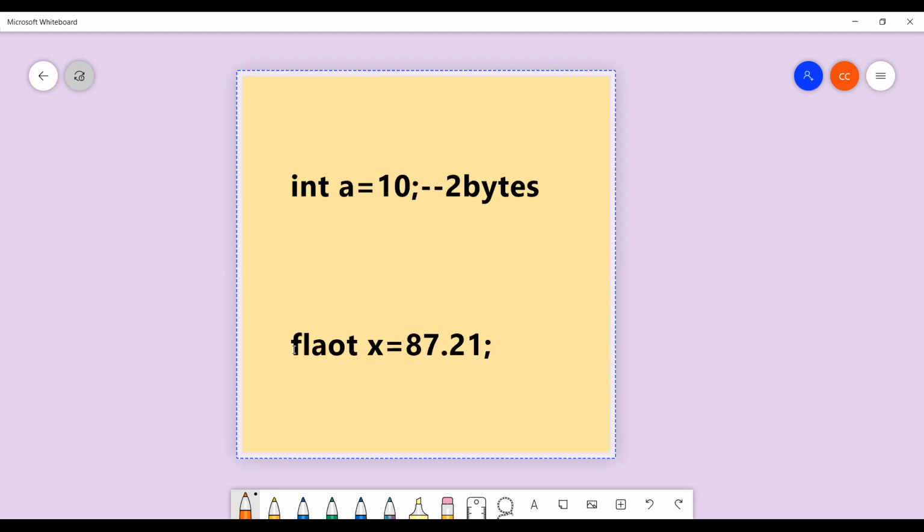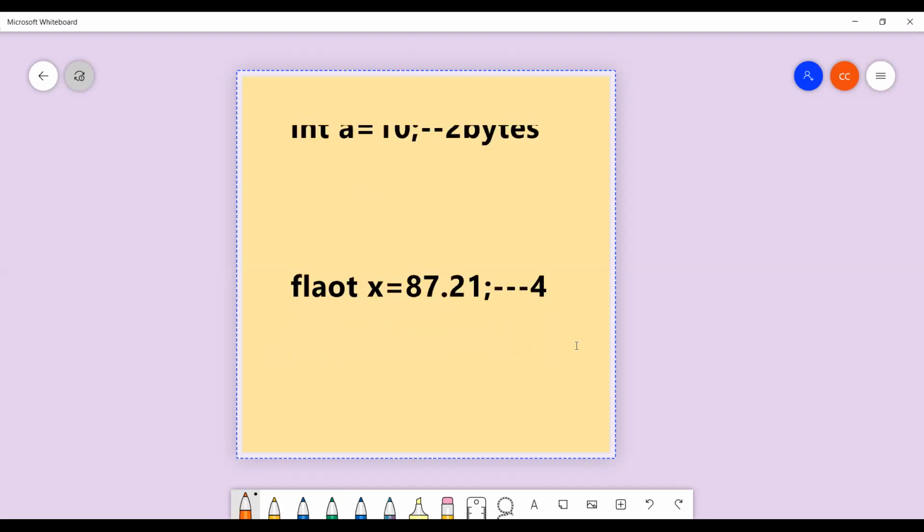Here float is a data type, x is a variable name, and x stores a value that is 87.21. x contains some address and some memory, that is 4 bytes. Based on the data type, the memory size is different. So integer is 2 bytes, float is 4 bytes.